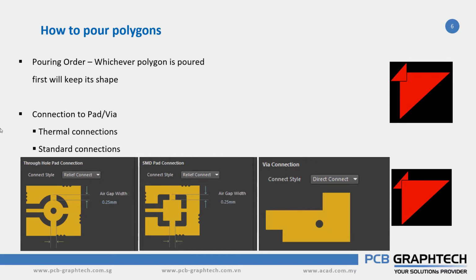To avoid this problem, we can use an air gap between the pads. When we provide the air gap between the pads and the copper, you can reduce this problem. You can set this in your relief connect by going to your design rules. This can be done for through-hole pads, SMD pads, or wire connections. Automatically there will be a gap so that the heat release will not affect your copper as well as your pad, so it will reduce the damage to your pads.